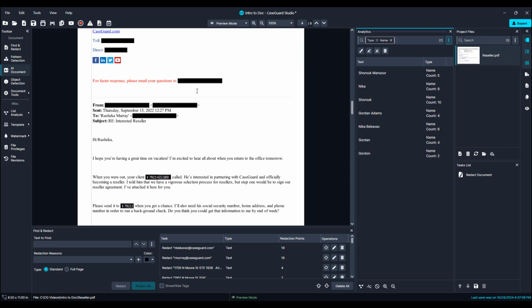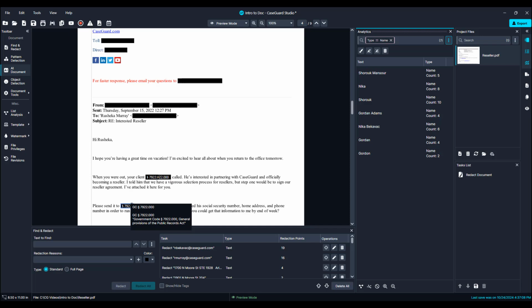And while most of these are straight black boxes, you can see over certain words here, I believe these are names, I do have what is known as a redaction reason selected. A redaction reason is the legal exemption for why you are redacting certain pieces of information, and while I do have a few pre-selected to automatically apply, in the next video we will be going over how to